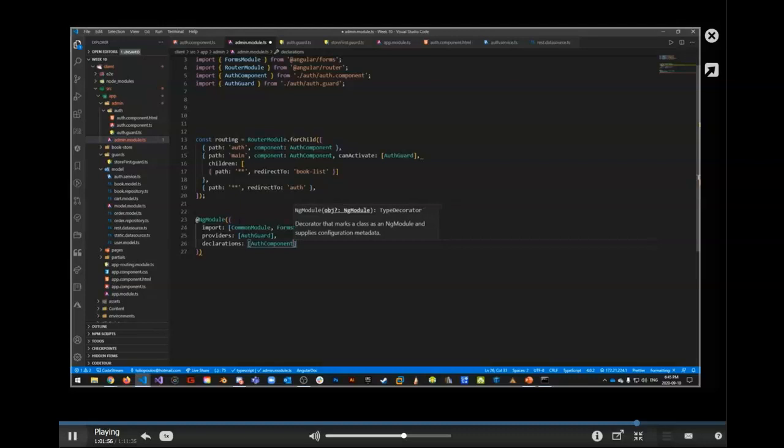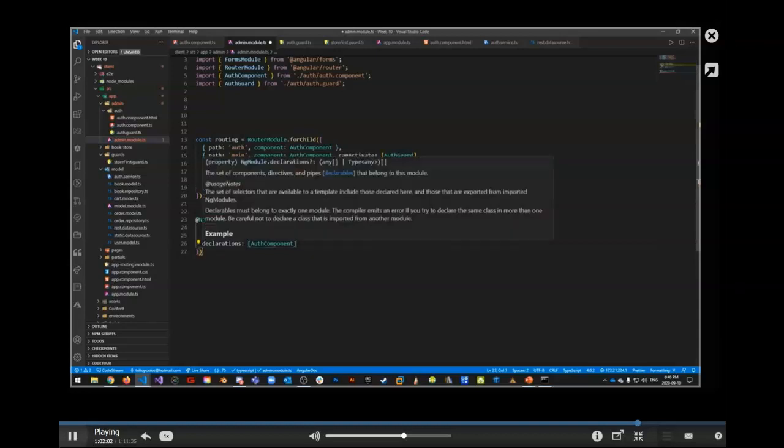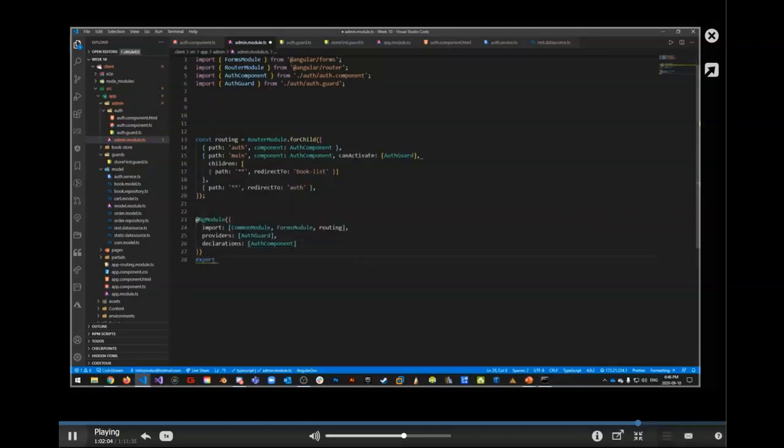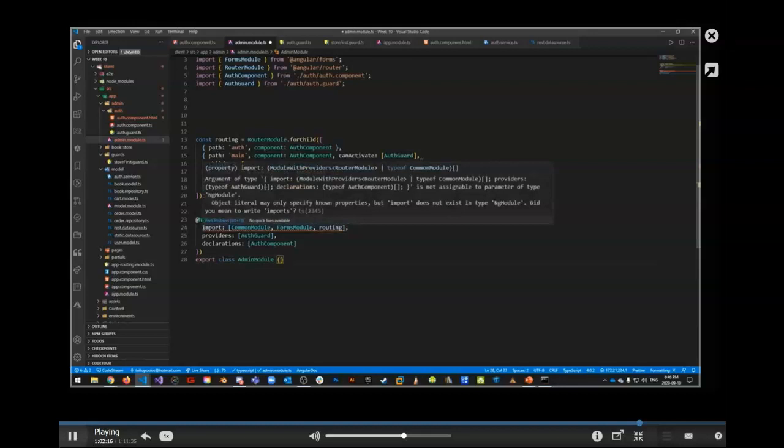We don't have any of those things, so for now we're just going to use the auth component as our starting point, because we're just prepping, and this is going to modify this class called admin module. Okay, the admin module class. So this kind of takes care of all of that. And I just want to make sure that we have everything we need